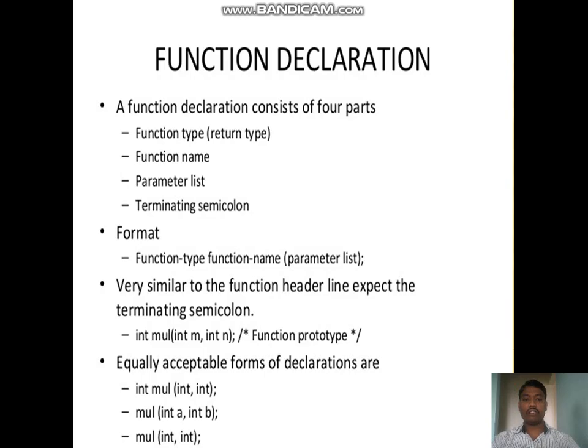A function declaration consists of four parts: function type, function name, parameter list, and terminating semicolon. Format: function type, function name, and parameter list. It is very similar to the function header line, except for the terminating semicolon. int mul(int m, int n); This is the function prototype. Equally acceptable forms of the declaration are: int mul(int, int); mul(int a, int b); mul(int, int);